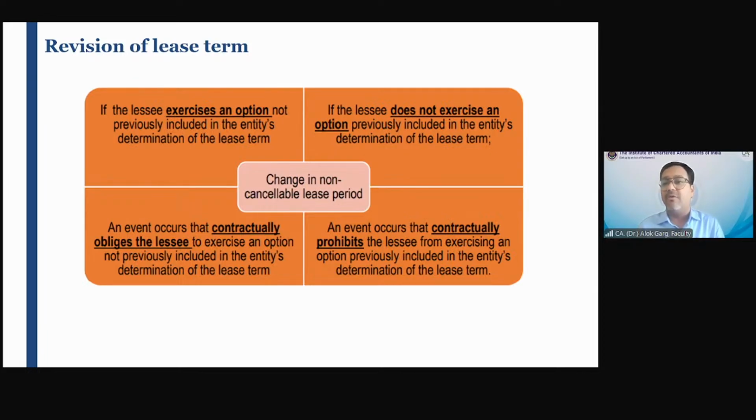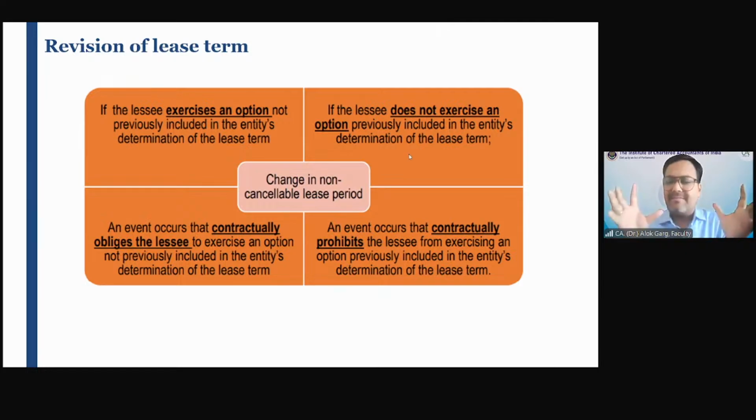If it is revised, what will happen? Of course, your lease accounting will also undergo a change, because earlier you were thinking that my lease term is 10 years and after 4 years, 6 years is still to go. But now you are thinking, I may not avail, I may avail, right? So the lessee is not reasonably certain that the lessee is not going to avail the termination option. In this case, the remaining period is 3 years only, so of course the revision of lease term should be there.